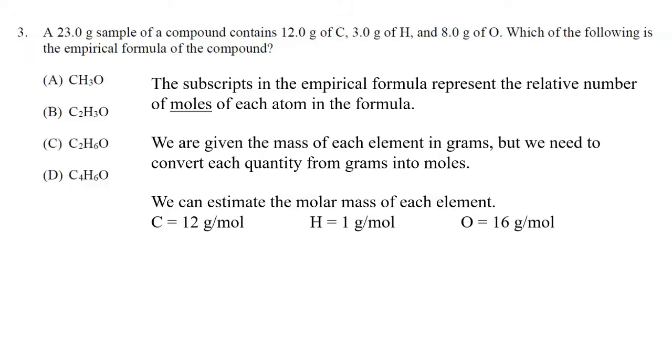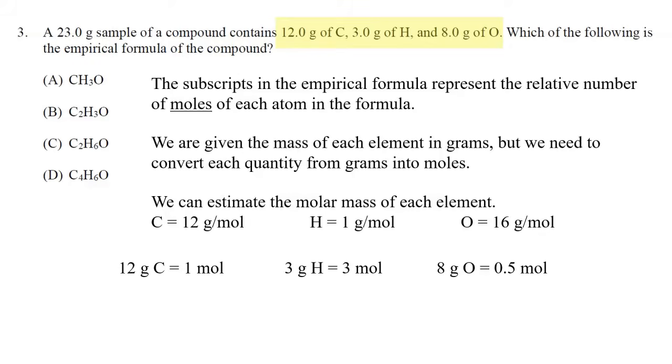So we can estimate the molar mass of each element from the periodic table: carbon, 12 grams per mole, hydrogen, 1 gram per mole, and oxygen, 16 grams per mole. If we have 12 grams of carbon, then we have 1 mole of carbon. If we have 3 grams of hydrogen, we would have 3 moles of hydrogen. And if we have 8 grams of oxygen, 8 divided by 16 is 1/2, we would have half a mole